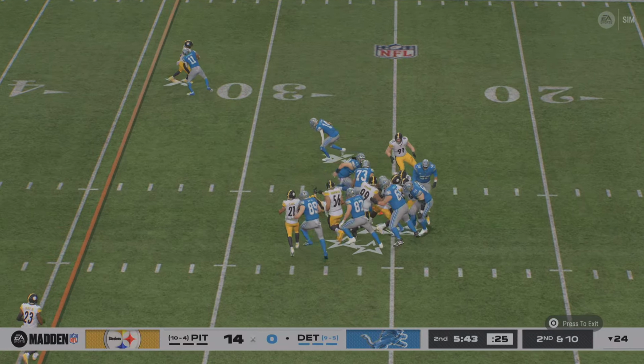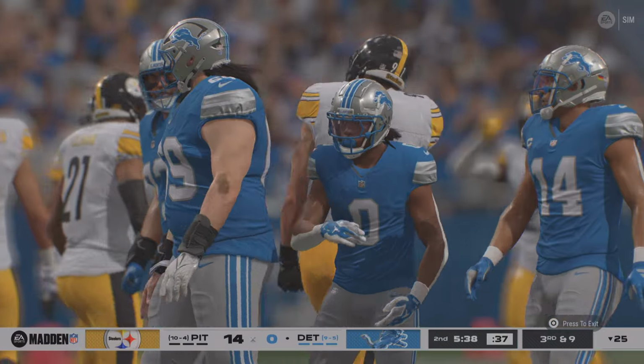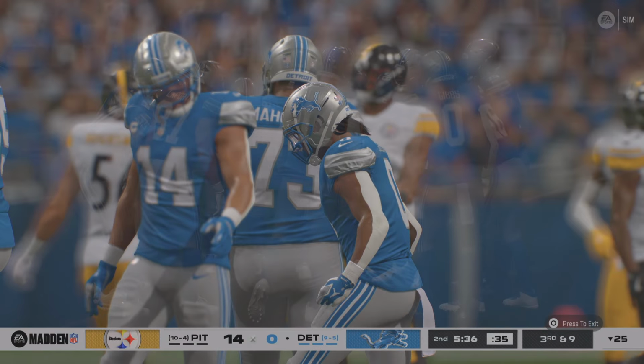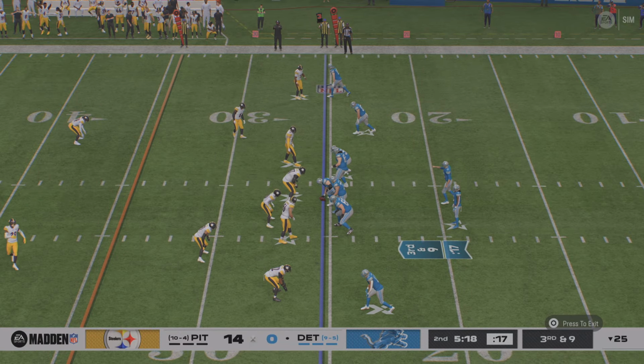Off the gut they go with Gibbs. Ran into a wall that time. A couple of guys able to hold him right at the line of scrimmage. So 3rd down now. A gain of 1 brings up 3rd down and